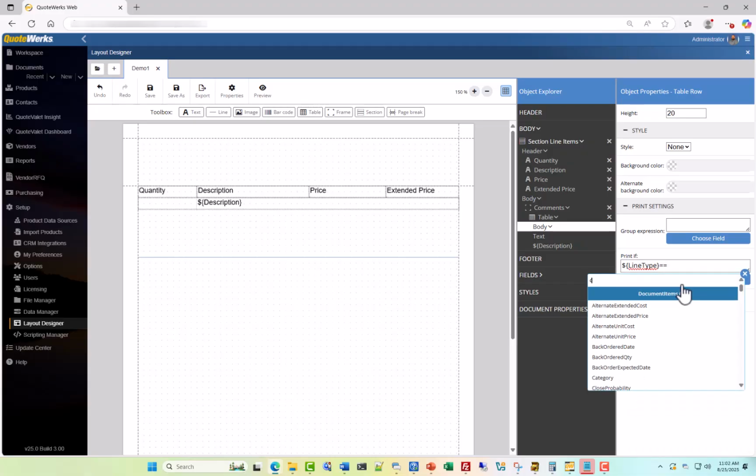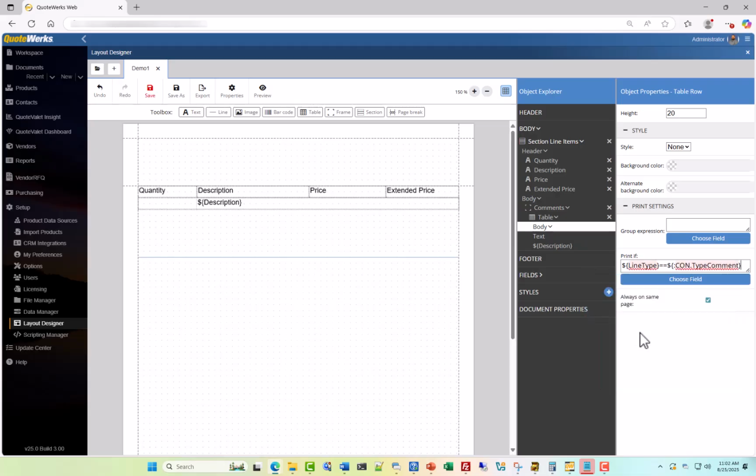We will click back on Choose Field, but this time we will search for comment. We want the line type to be equal to a comment, so we will select the con.typeComment field, and when we do, it is inserted into the printf field. Our expression now indicates for the system to print this line with the designated formatting when the line type is